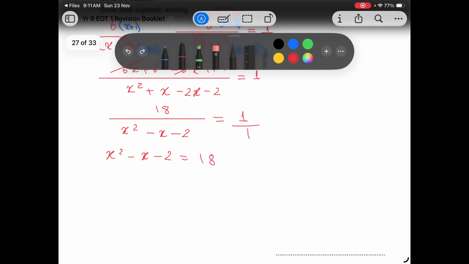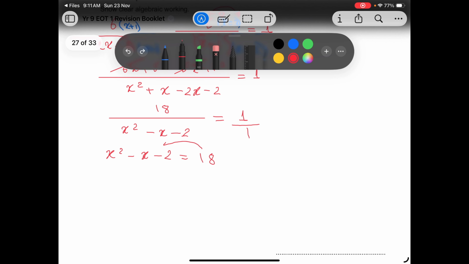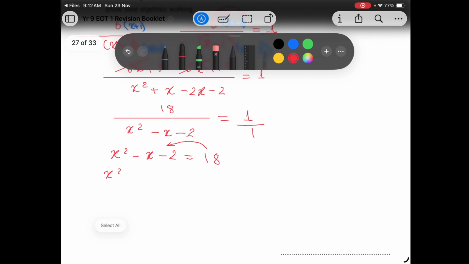How to make it equal 0? By moving this 18 to the side. So don't do the opposite. However, it is a correct step, but not all correct things are really beneficial for the solution or for us. Okay, so x squared, guys, minus x minus 2 minus 18 equals 0. Then there's every possibility of combining these two guys. Minus 2 minus 18 is minus 20, so it will be x squared minus x minus 20